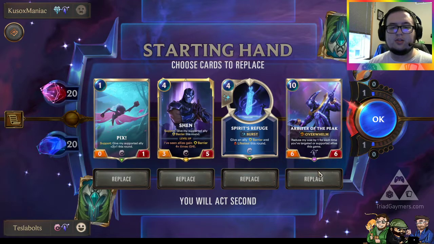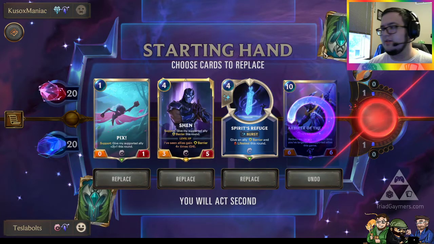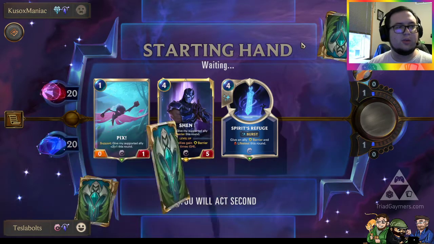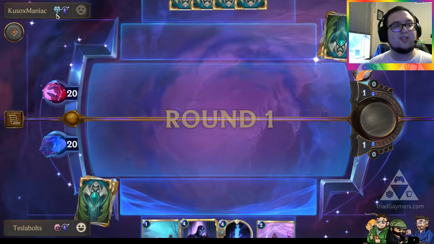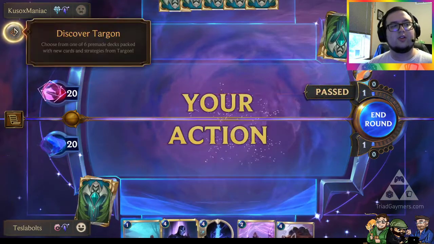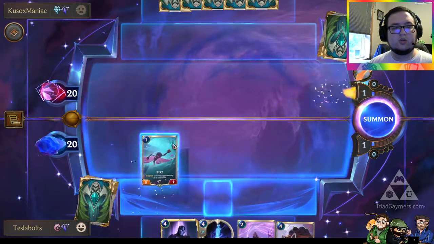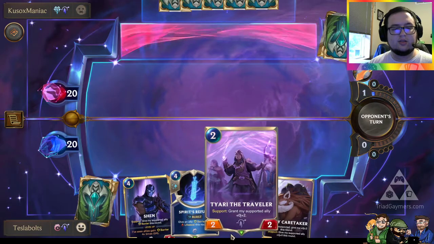I don't think Arbiter is gonna be good because that's a reduction cost based on later. We can keep the rest though. We don't know how this deck works, so we probably are doing terribly. But we are playing against the ramp deck, so if we take a slower hand, that's not terrible. Because you're not playing against the same decks against each other. It's all kind of random which one you're playing. But we'll go ahead. We'll get Pix out because